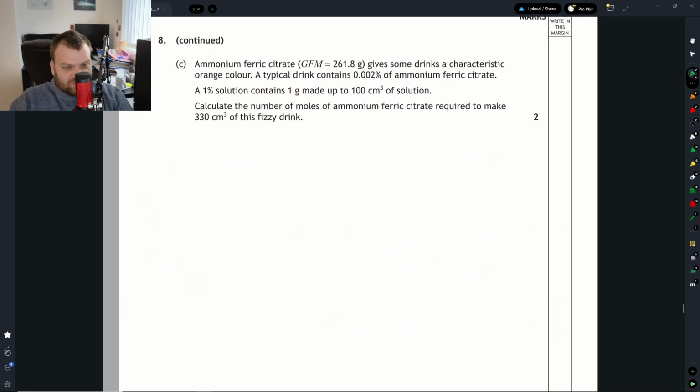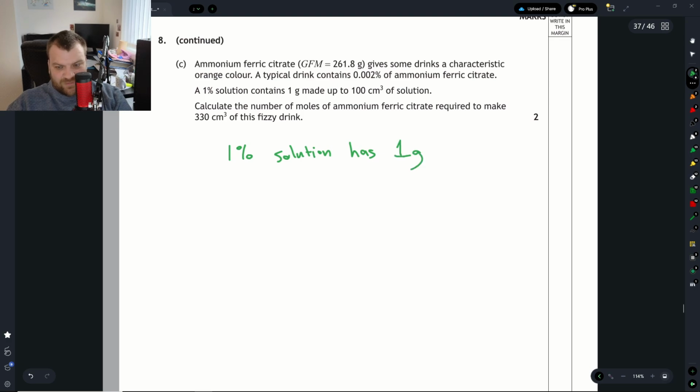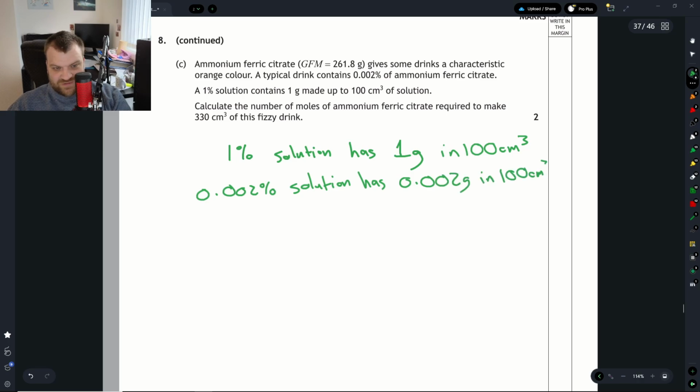Right, so in this question, we are told that a 1% solution has 1 gram in 100 centimetres cubed. We are told we want a 0.002% solution. Therefore, that would then have 0.002 grams in 100 centimetres cubed. We want a 330 centimetre cubed can of this. So that means if we've got 0.002 grams in 100 centimetres cubed,